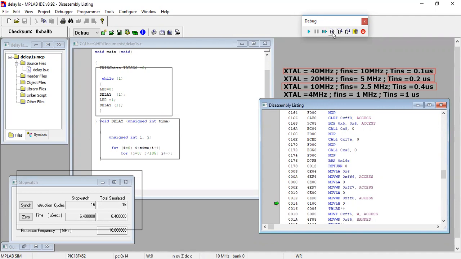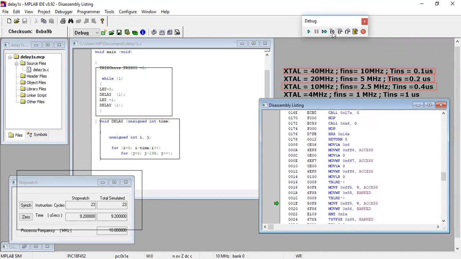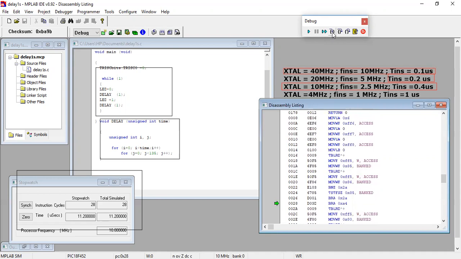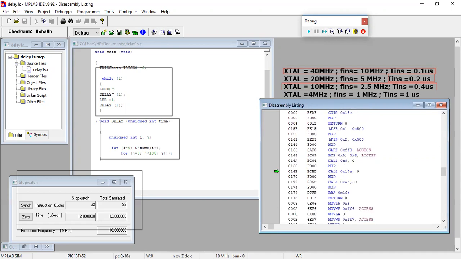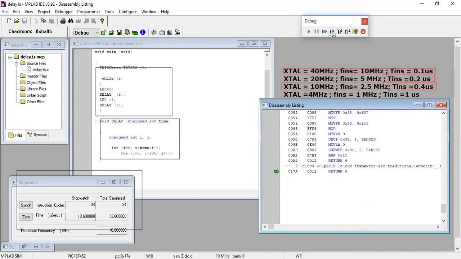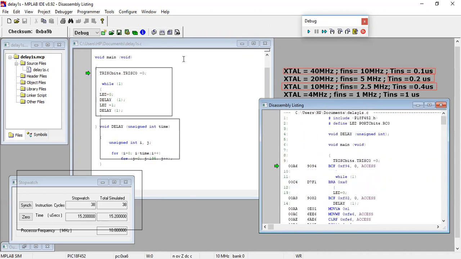See, I'm executing it. Still, I don't see any cursor because it is still in the preamble code of the assembly language. Remember, this C code will be compiled into a detailed version of assembly language. So we are still somewhere in that assembly code. As we see the cursor in the main code, we will stop and be careful. Okay, you see 38 cycles are already executed and now it is in the code. This is the arrow I was talking about, the cursor.